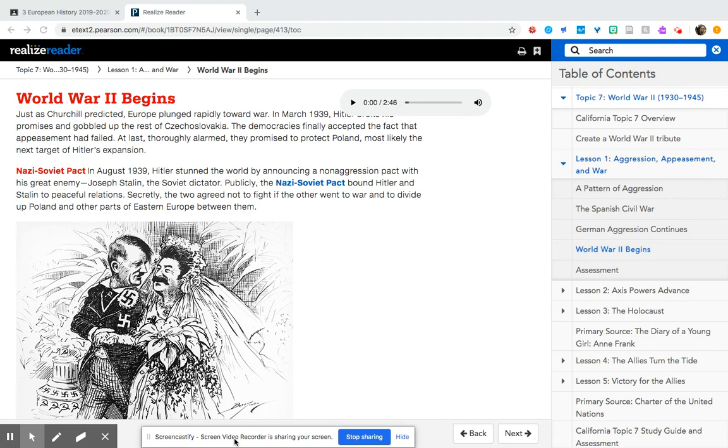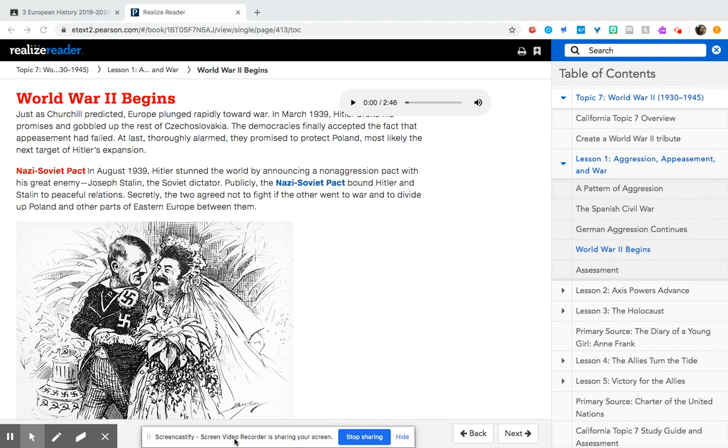That could be either by looking at the screen, but if you have your physical textbook, I would actually strongly recommend that you give your eyes a break from the screen and use your actual physical textbook to read along as you listen. Okay. So, in case you wanted to do that, the page that you should start on, because we're going to back it up just a little bit to start at World War II begins, is page 461 in the physical textbook.